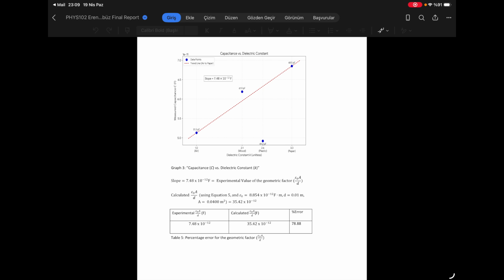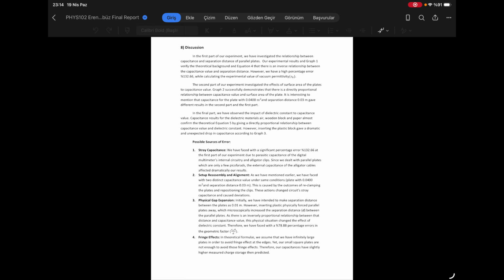For our third graph, we investigated the impact of dielectric constants. We measured the capacitance using air, a wooden block, plastic, and paper. If we look at the trend line drawn, we can see the expected directly proportional relationship between the dielectric constant and capacitance value. We found a percentage error of 78.88%. To summarize our discussion and conclusion, we successfully achieved our objective of verifying how geometry and dielectric materials affect